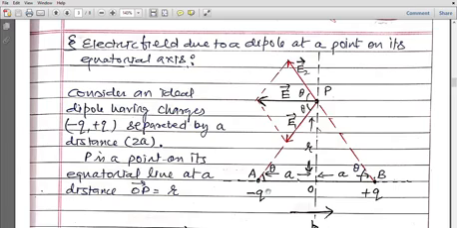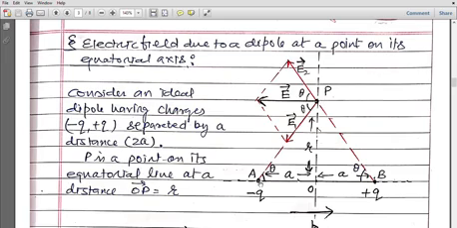The remaining is same, minus charge Q, plus charge Q, distance A, direction of dipole moment from minus Q to plus Q, means from A to B. This is the direction of dipole moment. Now use the geometry PA and PB. This is an isosceles triangle, so PA is equal to PB. मतलब क्या हुआ, P जो है वो A और B से इक्वल डिस्टेंस पर है. अगर P A और B से इक्वल डिस्टेंस पर है तो P पर इलेक्ट्रिक फील्ड की वैल्यू भी क्या होगी, सेम होगी, but directions are different. Why directions are different?